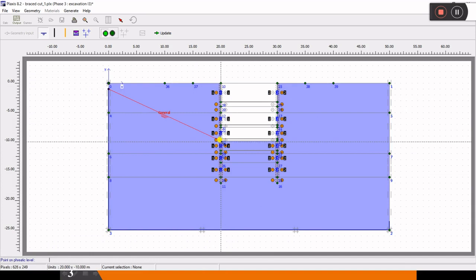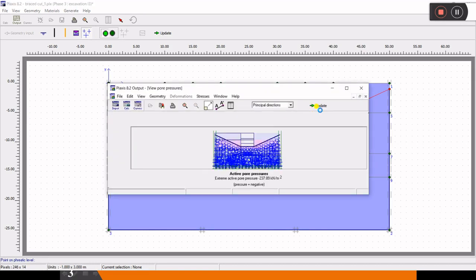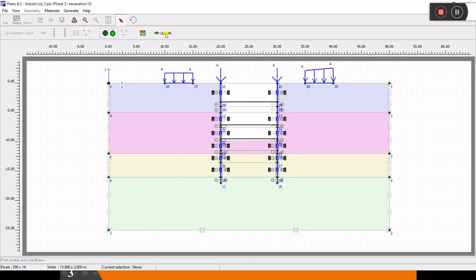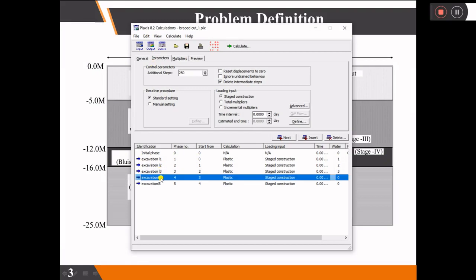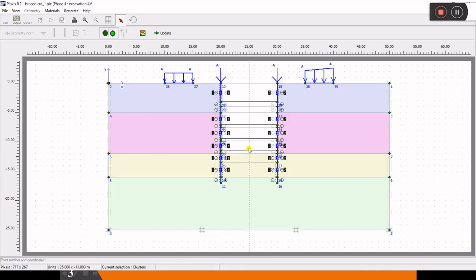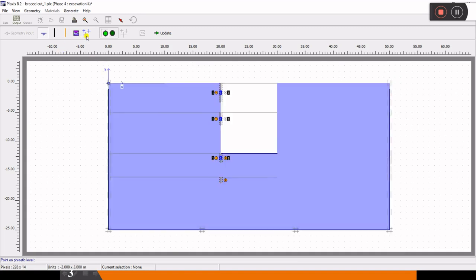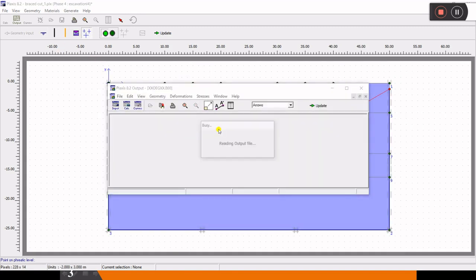So 20 minus 9.8, and the node is selected. The third point will be 30 minus 9.8, and up to this point. So this is defined. Update this water pressure, and update, and now you go and update this one. So up to 3 we have done. Excavation level 4, excavate it up to next level, and activate this strut, and then let's go for the water pressure and click on this one. This excavation level was here, and update it, and the water level we have updated.